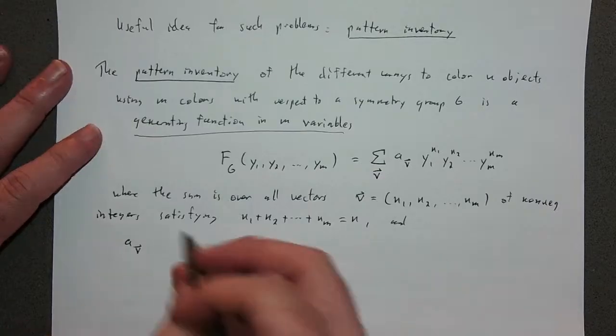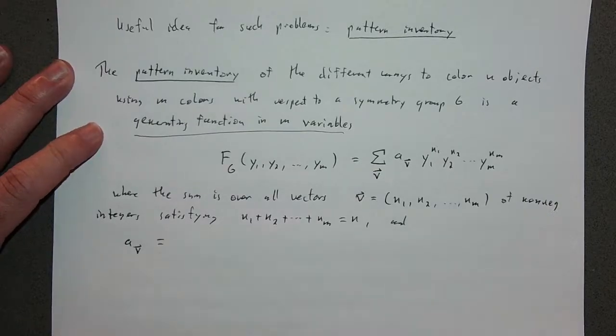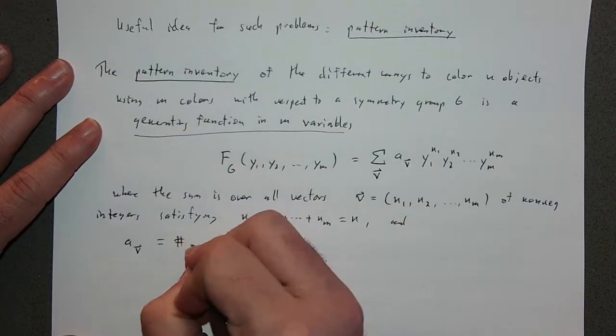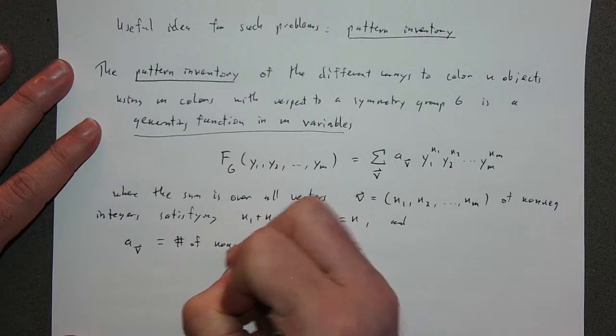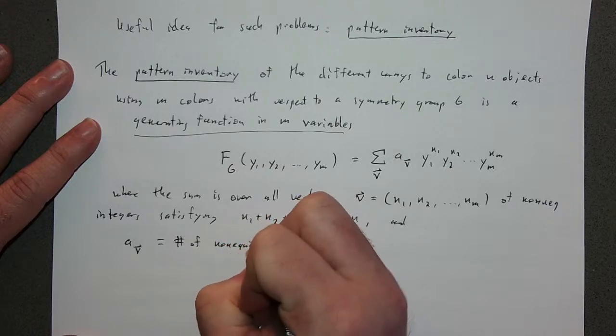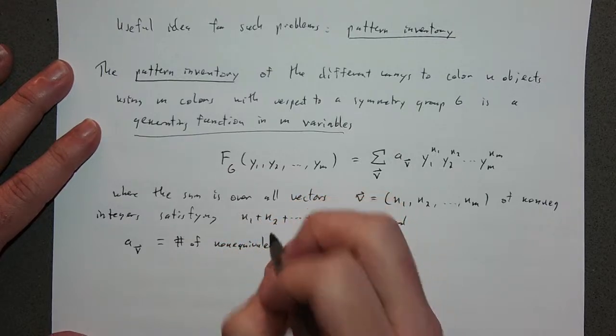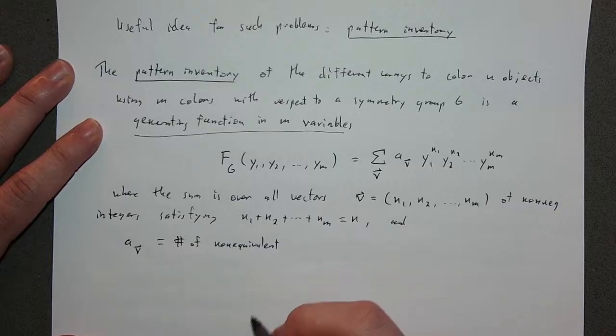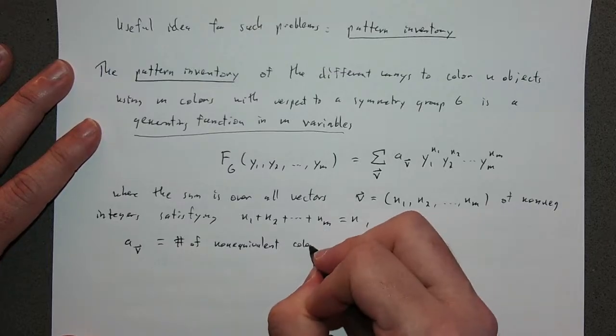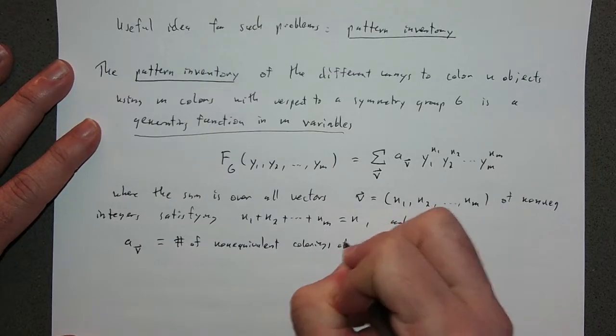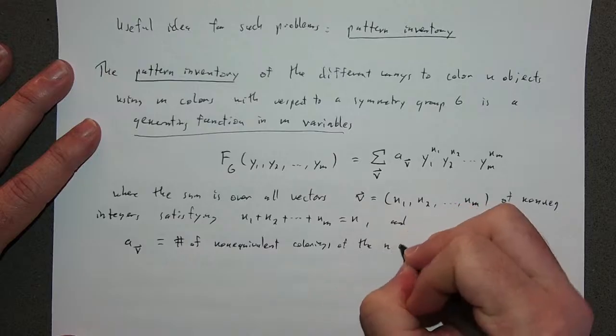So the same thing is going to hold here. This is going to be counting something we're interested in. What thing is this going to be counting? This is going to be counting the number of non-equivalent, with respect to that symmetry group, colorings of the n objects